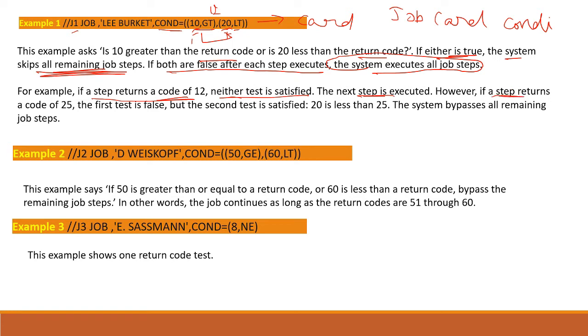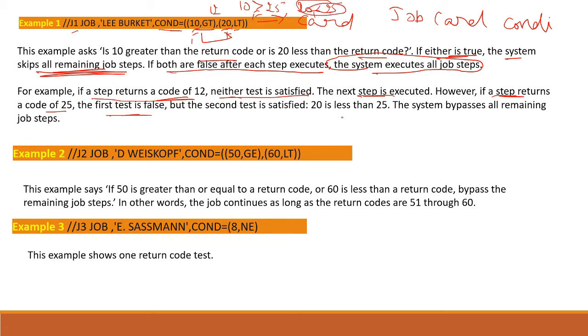However, if a step returns a code of 25, the first test is false, 10 greater than or equal to 25, no, it is false, and then 20 less than 25, it is true, so it becomes true.